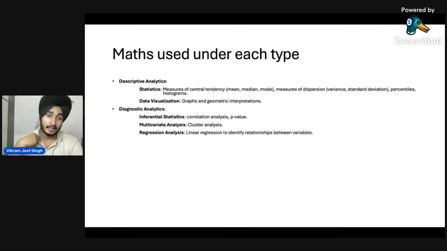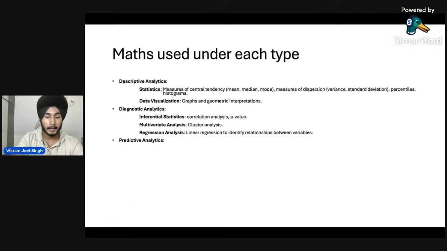Next, regression analysis. Yes, this is very important, and you can say this is the starting point of ML. So regression analysis is used to identify the relationship between variables. We do correlation analysis as well for understanding the relationship between the variables, but linear regression tells us how the data has been performing in the past few times, not just a single value but all the values of two variables, how they are performing and how their relation has been. So there we use regression analysis.